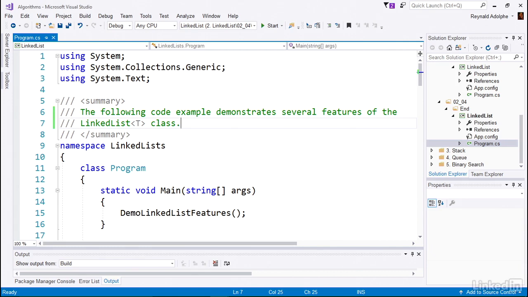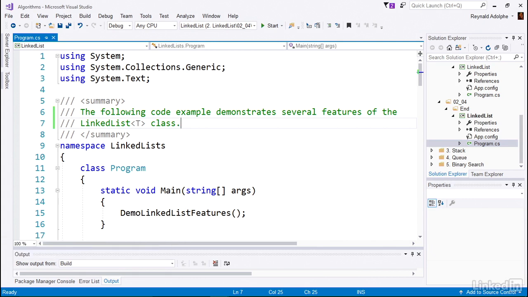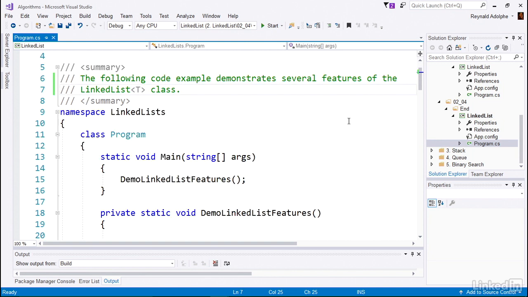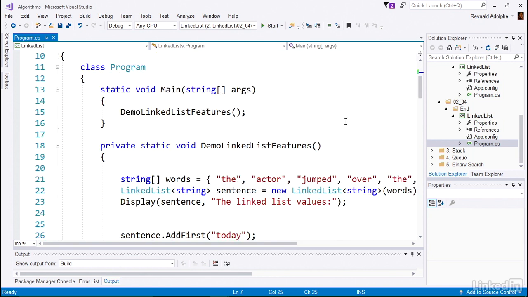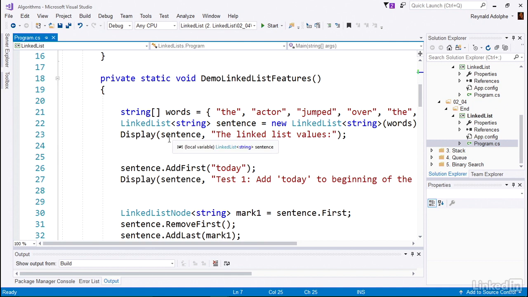So what we're going to do now is demonstrate .NET's built-in linked list class features. As I mentioned earlier, linked lists are very popular and are part of a lot of different frameworks, including .NET. And so it's really good to get familiar with how it is built in and what features it has. So we're going to walk through some of this code and point some out, but I want you to